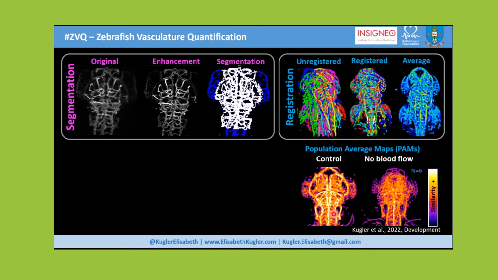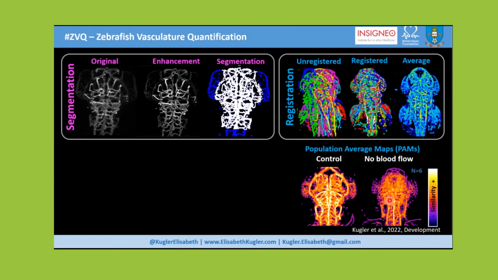If you look at this control, what you see is that the vessels that are the most exterior and the ones at the very center are highly similar between those fish. So we can suggest that within this age group, these vessels are really very similar, and they're not very variable between them. But if we then look at a treatment group where we have no blood flow,